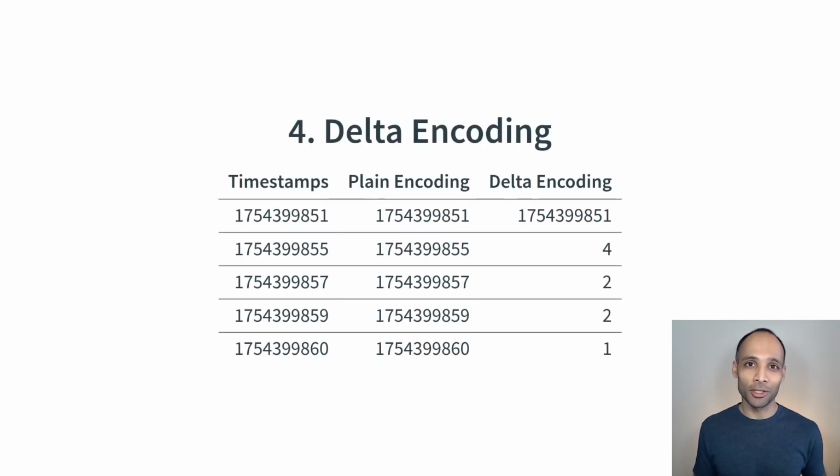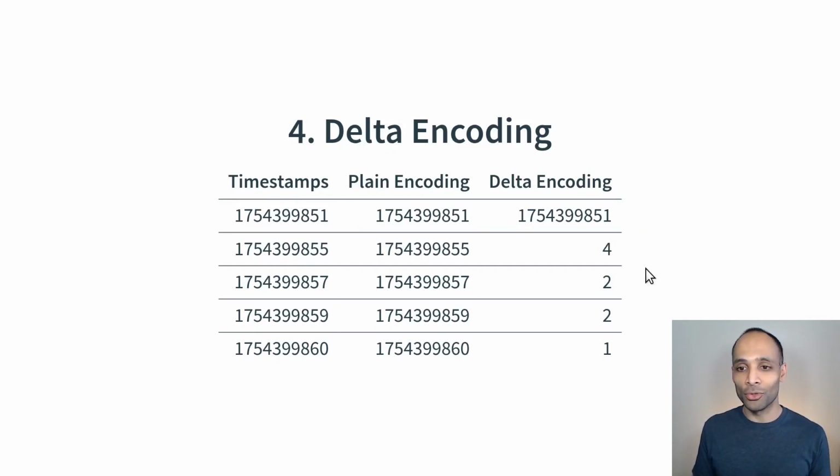It's called delta encoding. Delta encoding works best when you have a numerical column with large values, in this case, large integer values. And the way it works is this. Instead of storing all of those large values over and over again, you just store the first large value, and then after that, you store the difference that you need to add to the value that came before to reconstruct the original value. In this case, we have our first timestamp stored exactly as is using delta encoding, and then